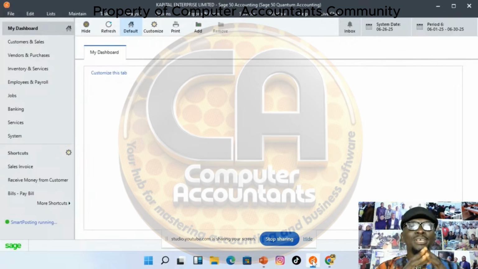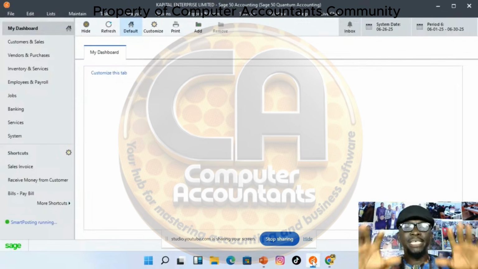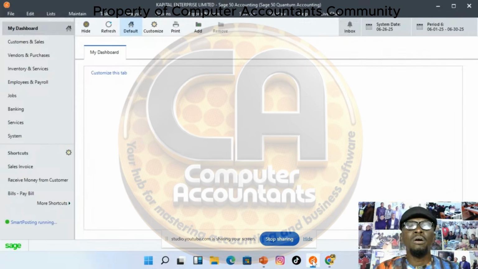Okay, once you install the software and create a new company, it will bring you to this page. This is called the home page or Sage 50 Business Environment. This is where the setup begins. Now at the extreme top, you can see the name of my company, Capital Enterprise Limited, and the name of the software I'm using, Sage 50